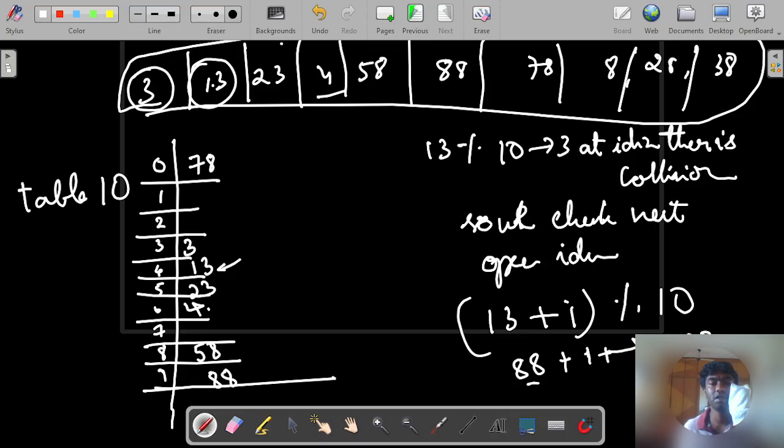Similarly, 78 plus 1 is occupied, 79, so 79 gets to